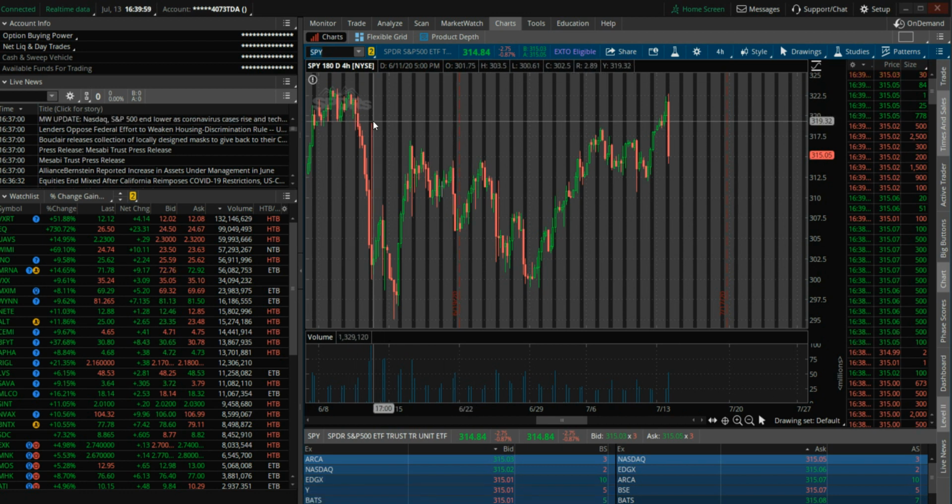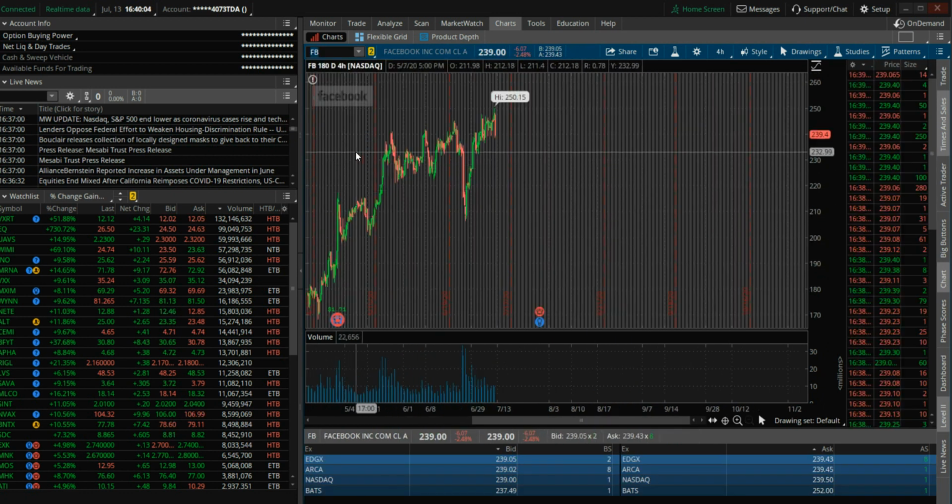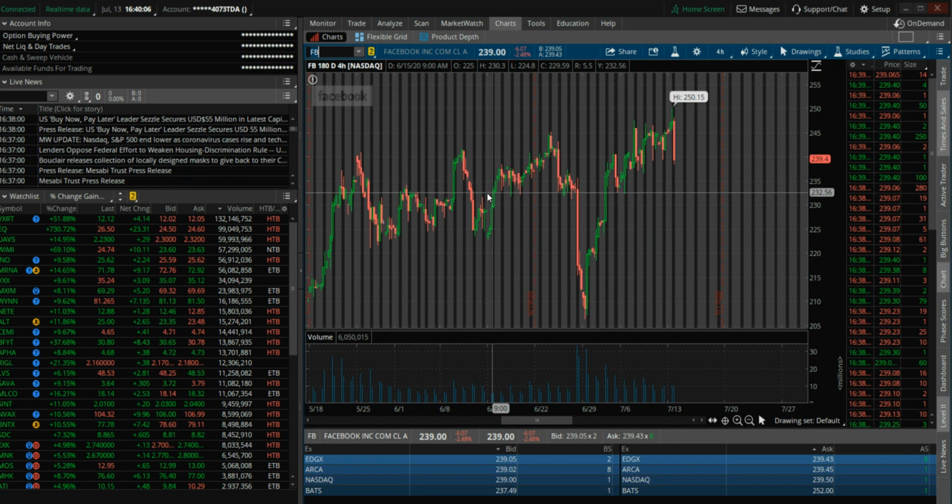So my next trade that I entered was Facebook. I entered this about last week, and I'll tell you why. I saw it going up, down, made this big rejection right here, down to 207, went all the way back up, retraced like a V, and then it had a bunch of these false breakouts. You notice right here, it had a false breakout. You could have thought to yourself it's going to break out above 240 right here, but it didn't, and it had a rejection. And then right here, another breakout,